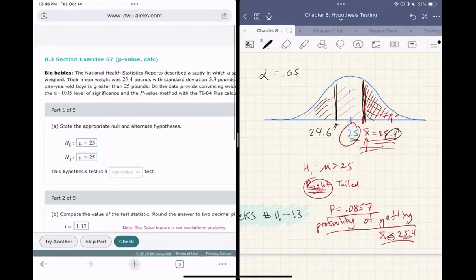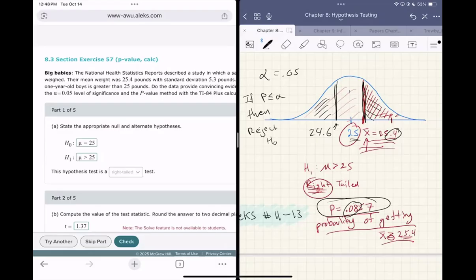What that means is, if p is less than alpha, which we can see is not true, because 0.08 is bigger than 0.05. But if it was true, and in fact less than or equal, so if p was exactly 0.05, then we're going to reject